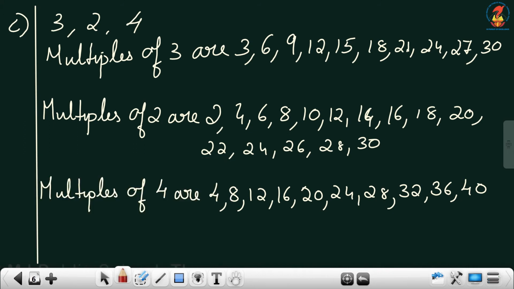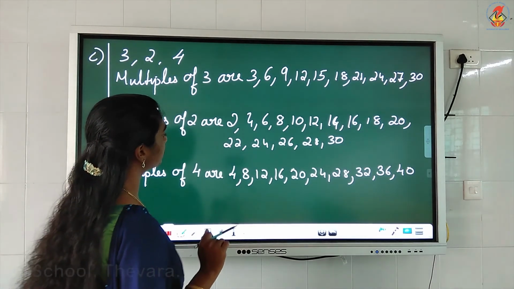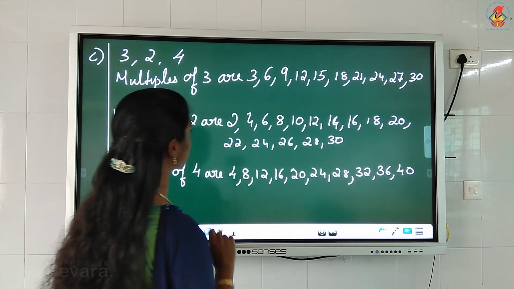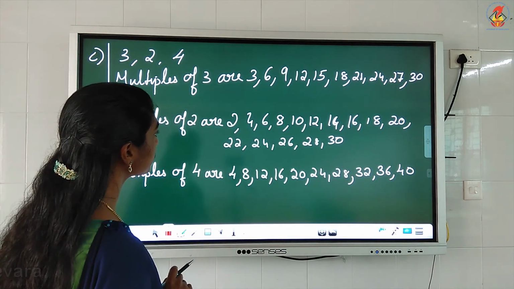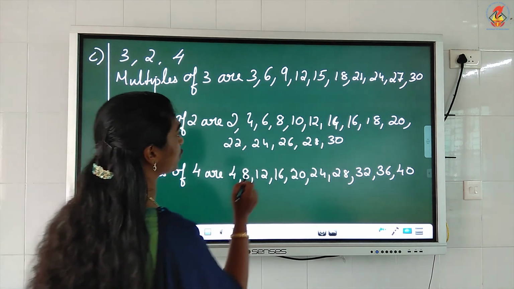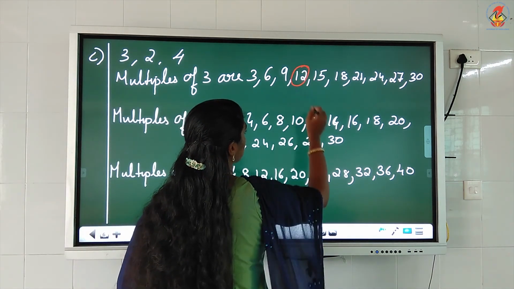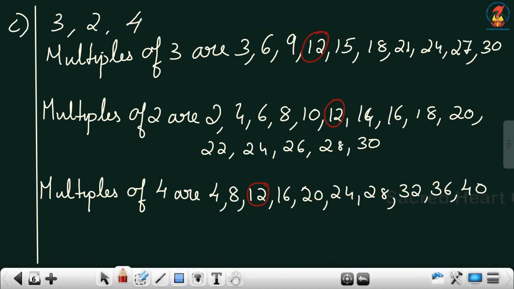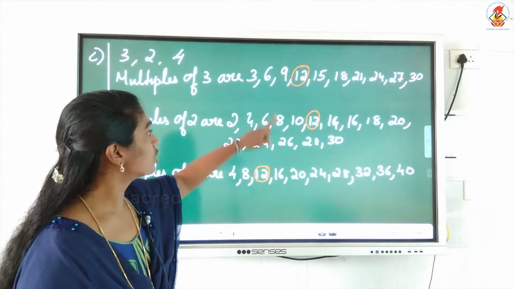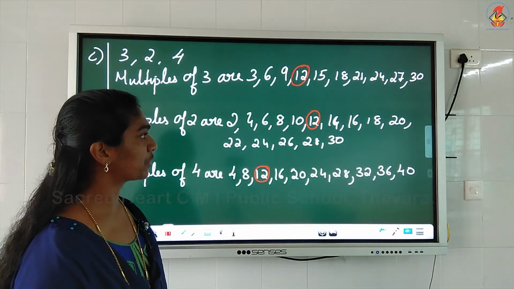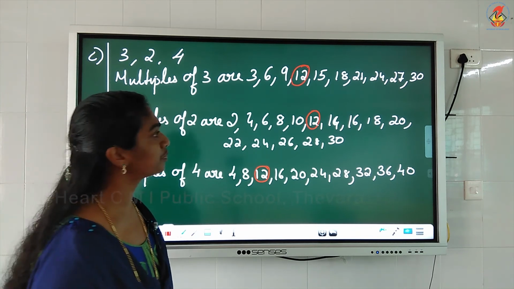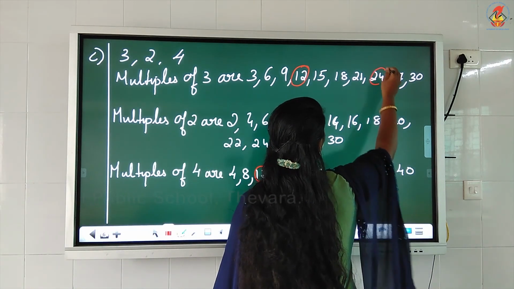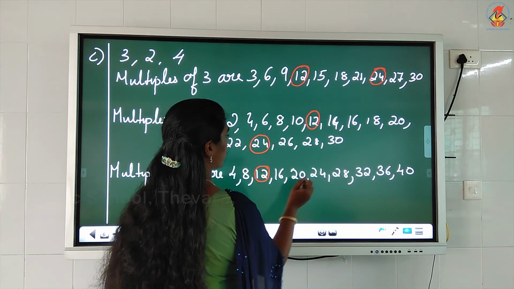So first we'll find out whether we are getting 3 common multiples. In this question you are finding only 3, okay children? First one, for all the 3 numbers, which is a common multiple? Which is the first one children? You can see 12 is the first common multiple. You can see 6 is common for 3 and 2, but 6 is not coming in 4's table, so you cannot take 6. It should be common for all the 3 numbers. So the first common multiple is 12. Then, which is the next common multiple? You can see it is 24. So 24 is the next common multiple.